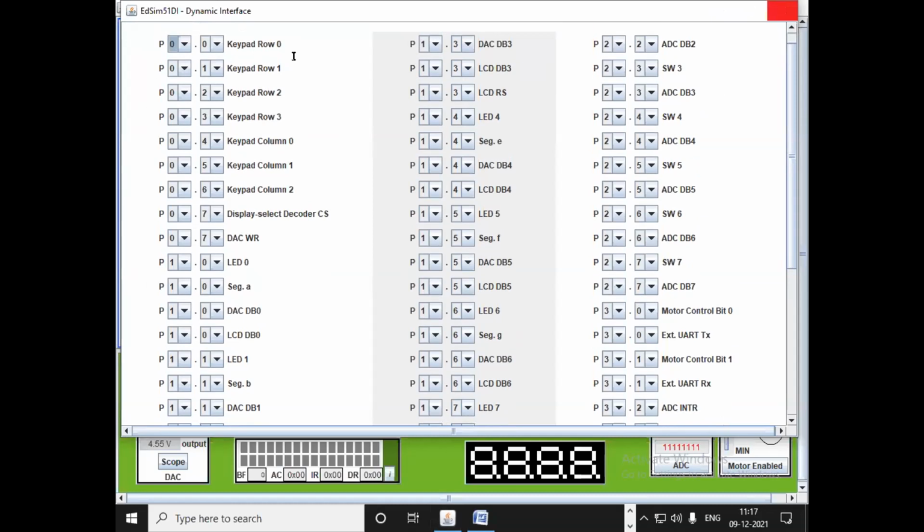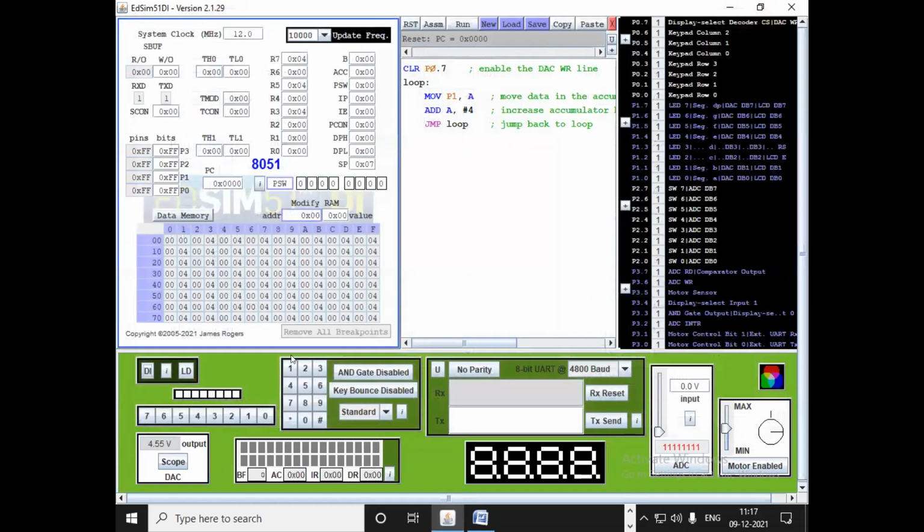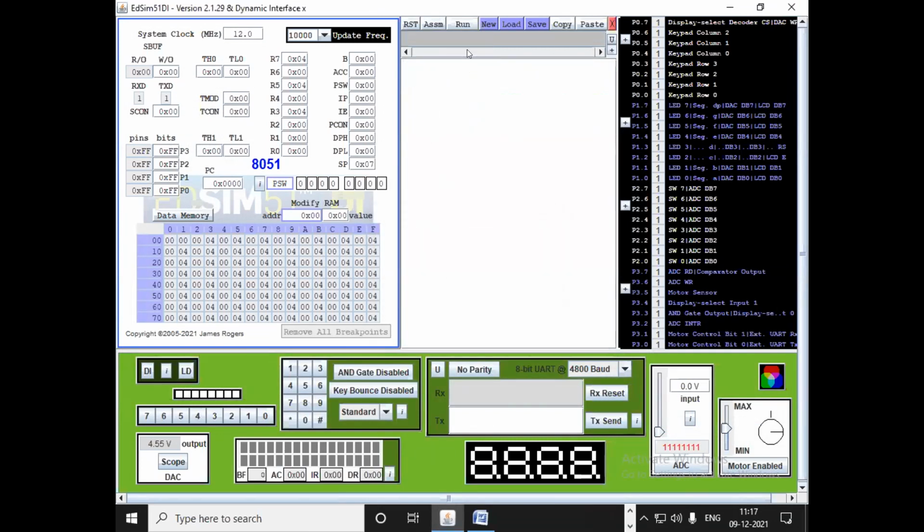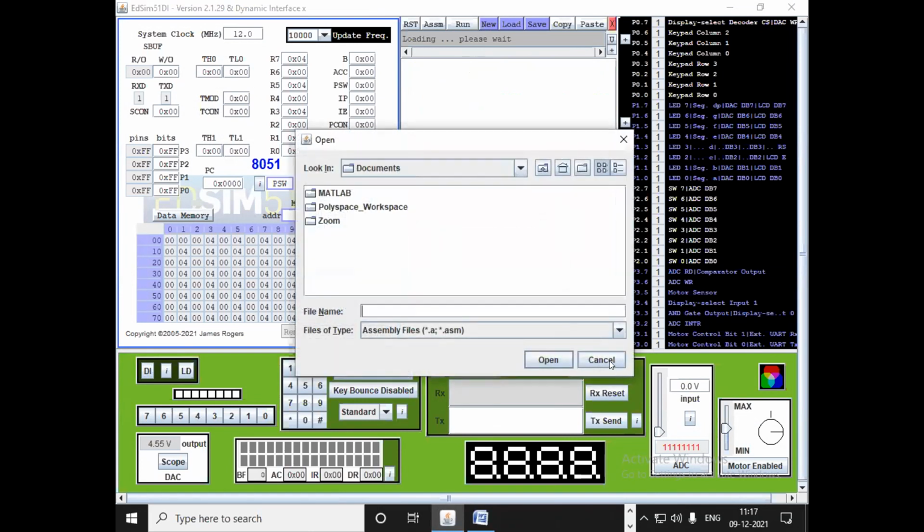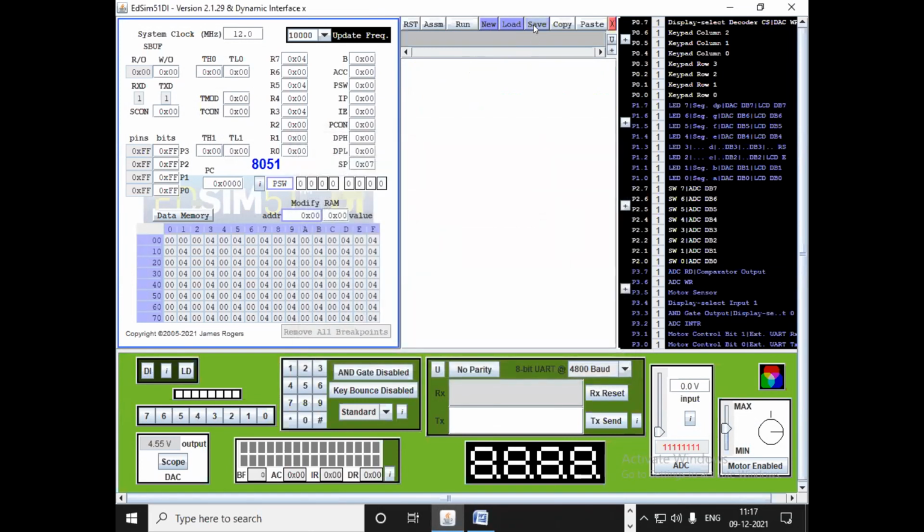Okay, and all the programs you have to do using Keil. You can do it using this. This is the option to assemble the program. Then you have to reset the program, assemble the program, and run the program. Then you have to give a new program. You have to load, meaning open, the program. If it is present in your file, then you write the program and save it. Here you have to copy the program and paste, just Control C and Control V. And these are all the variables which are present here. Okay.